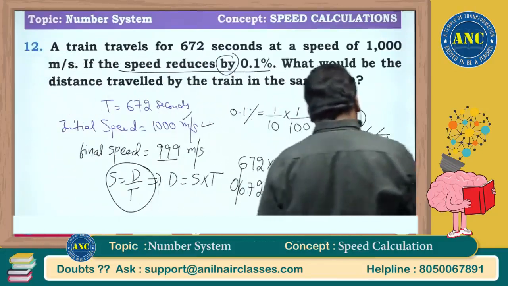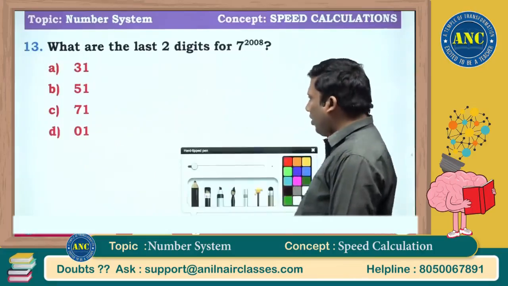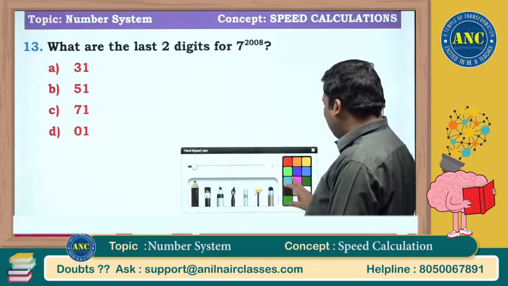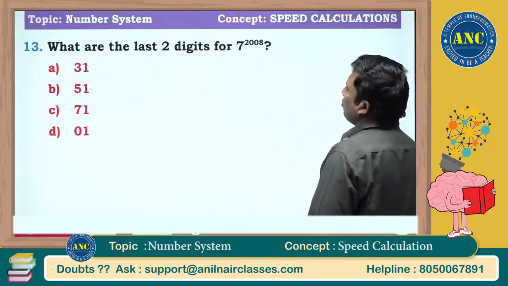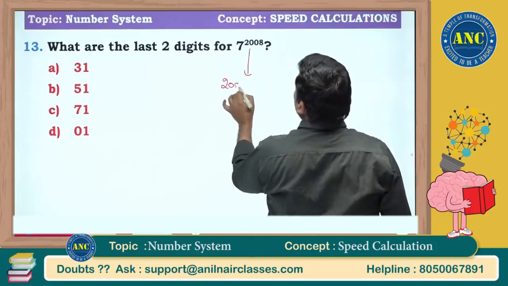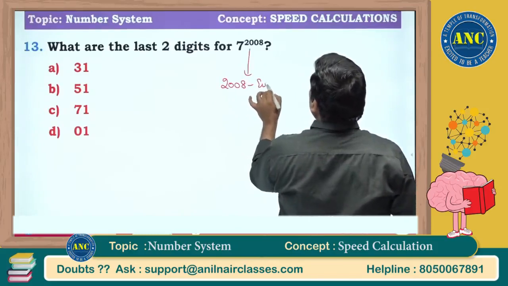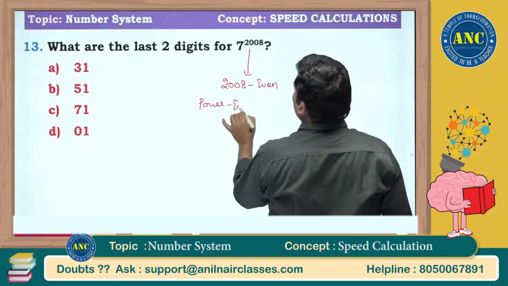Multiplication of numbers by series of 9s. This is one question which we already discussed. I'll just do a recap. These are all exam model questions. What are the last 2 digits of 7 power 2008? 2008 is an even number. If the power is an even number,